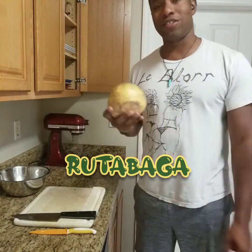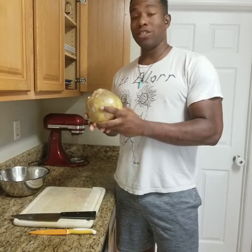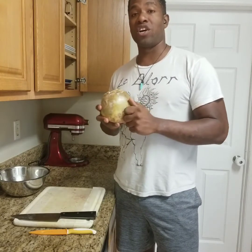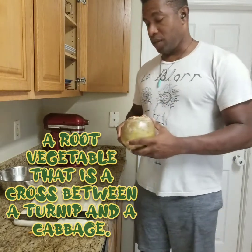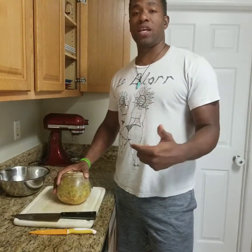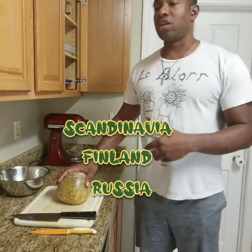Yes, that's right, the Rutabaga. Have you ever gone to the farmer's market and seen one of these things? Well, the rutabaga is essentially a cross between a turnip and a cabbage. It's a root vegetable. It's said to have originated in Scandinavia, Finland, and Russia. So it's like a cold weather